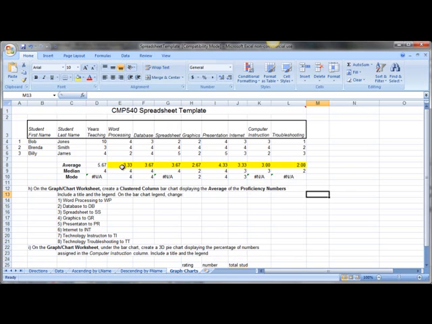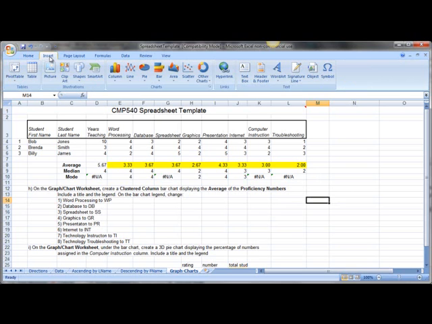I have highlighted the average numbers under word processing all the way over to troubleshooting because that's the information that we are going to be looking at as we create our bar chart. So the first thing that we need to do is click on a blank cell, go to Insert, Column,